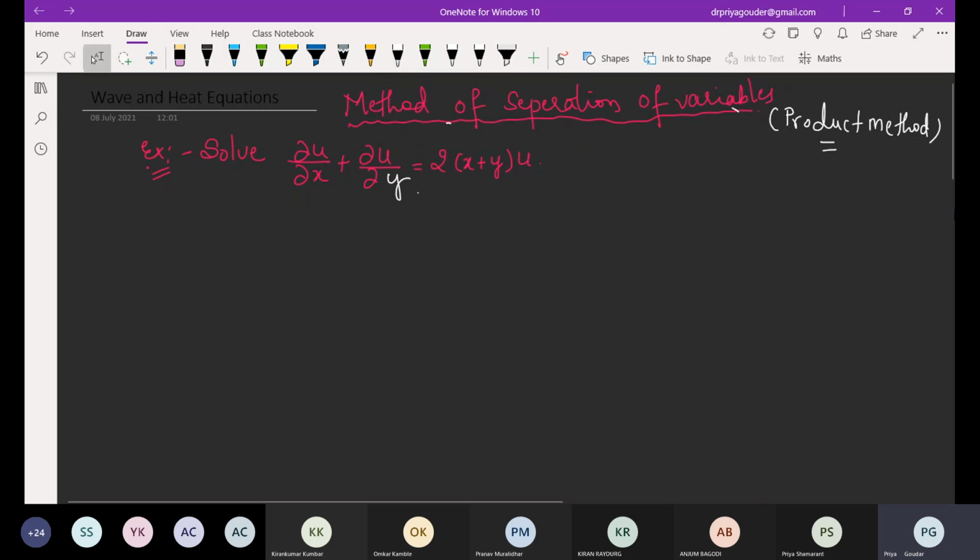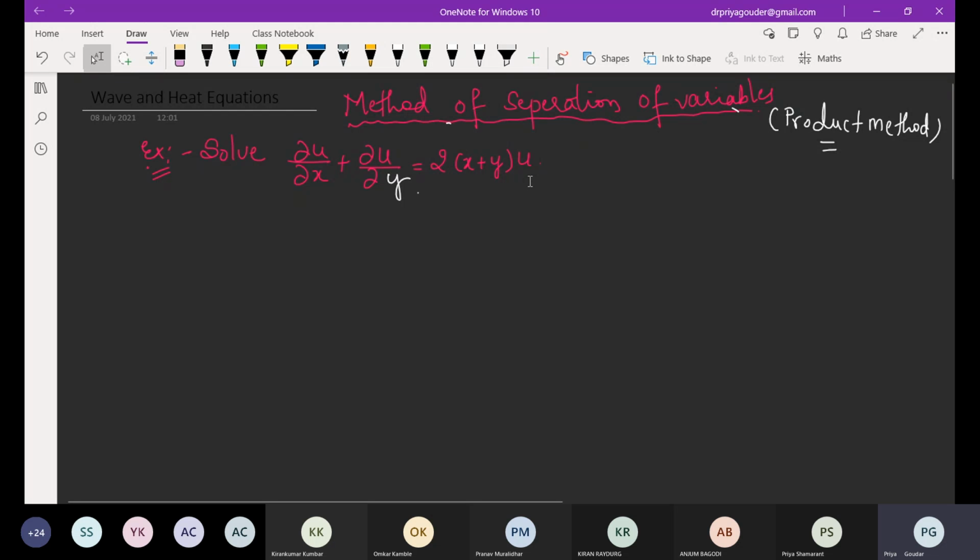Okay, you will not get any question on this method of separation of variables, which is also called the product method. But we are now going to deal with applications of PDE, where we solve the wave and heat equation by this method. I thought let me take one example so that I can explain the method. Then when I take the two main important derivations, among which one will be asked in the exam, it will be more clear. Keeping that in mind, I have taken one example.